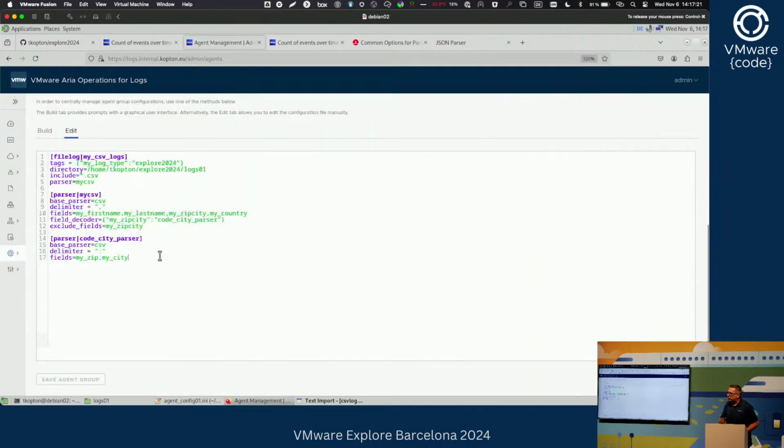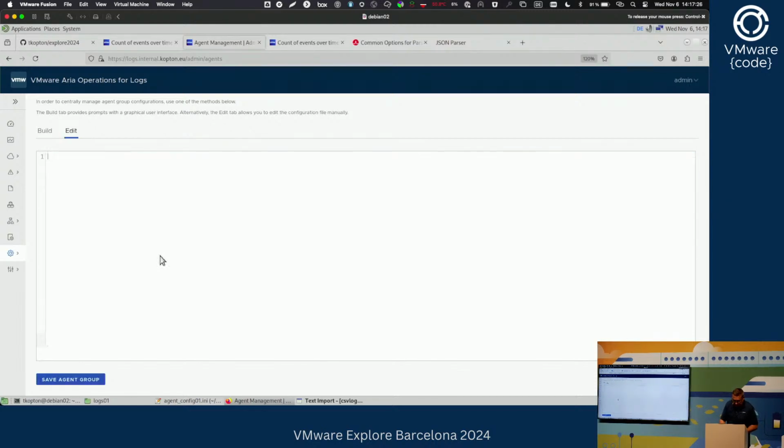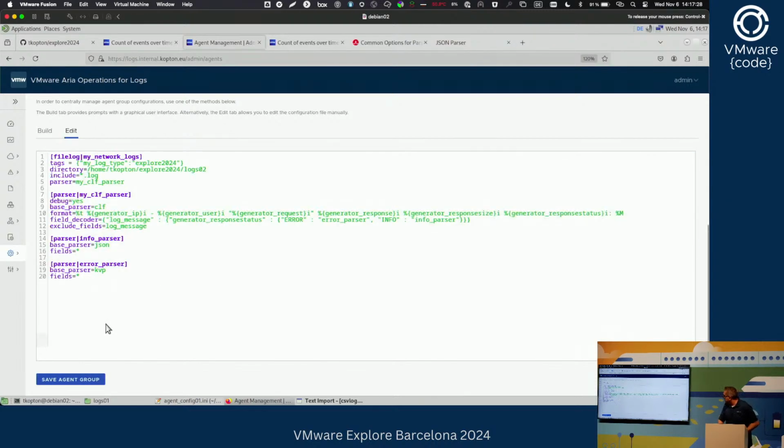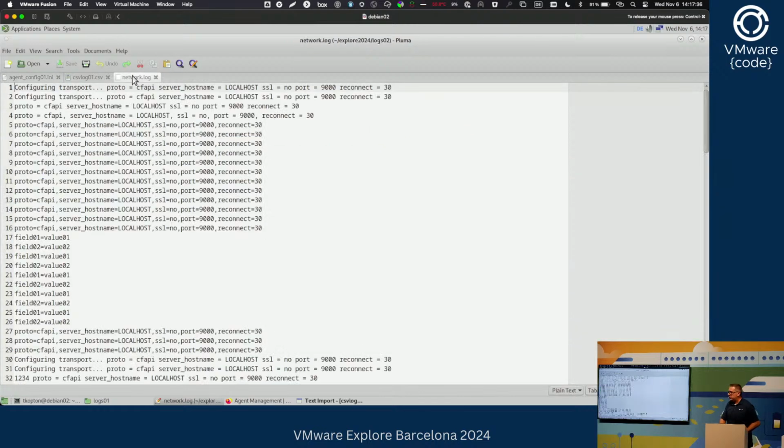We skip a few of those parsers. So let's imagine you have a network device or Linux machine with some networking application, web browser, web server, whatever, and